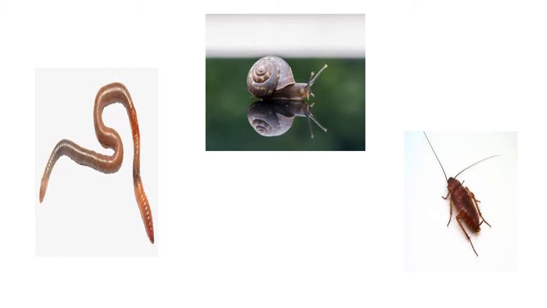Next, you can see some animals like earthworms. The body of the earthworm is made out of many rings. These rings are joined together end to end. An earthworm does not have any bones, it has only muscles. Instead of bones, the earthworm has only muscles. So, what does it do?